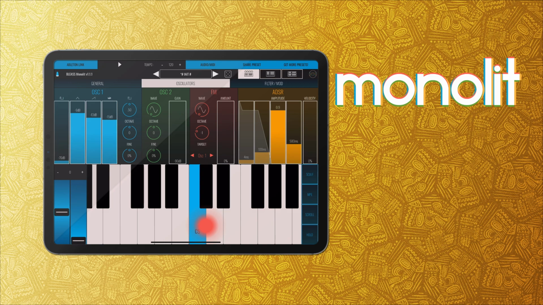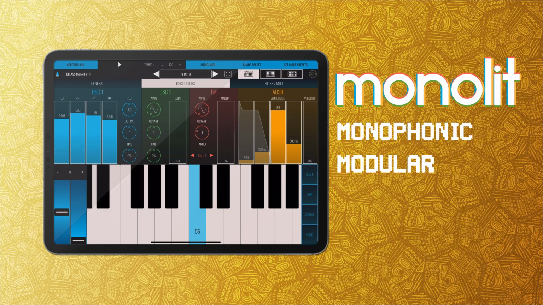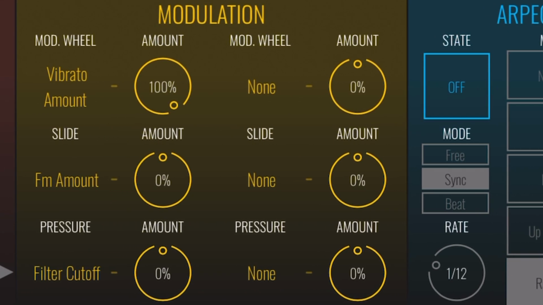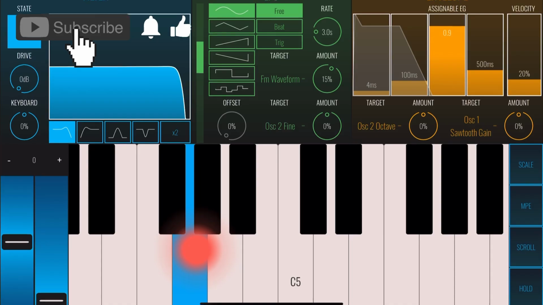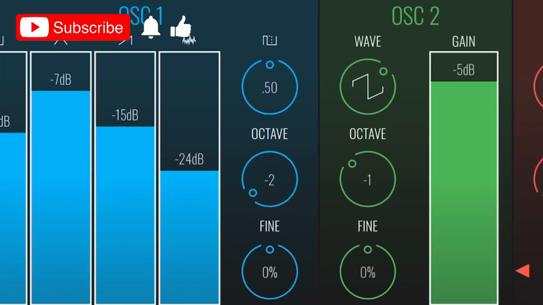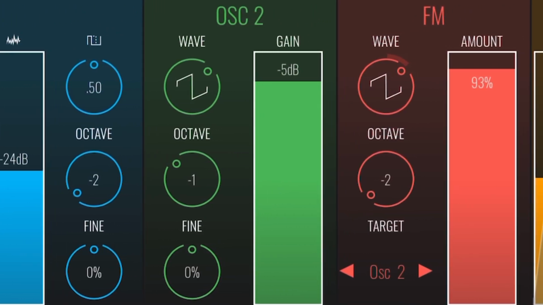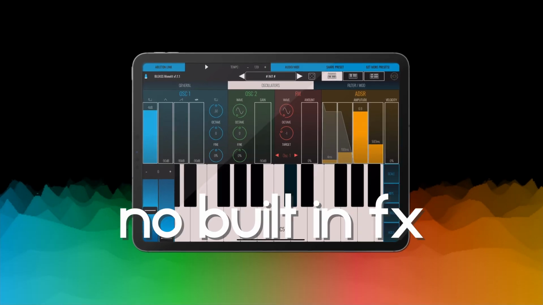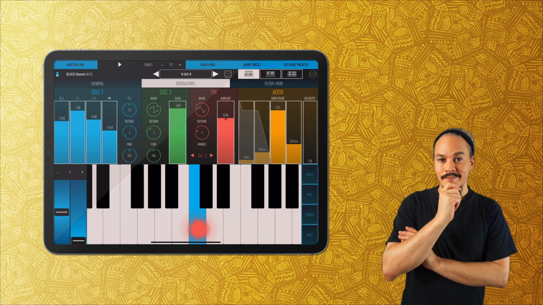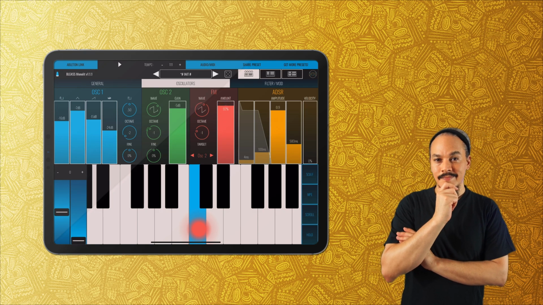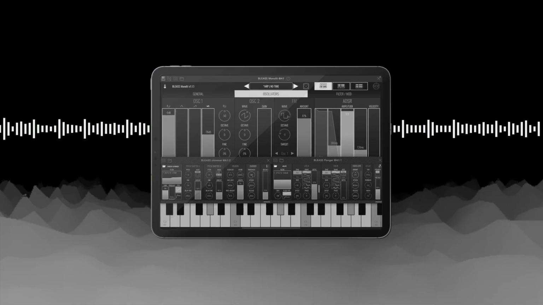So what is Monolit? Well, it is a monophonic subtractive synthesizer with an added FM synthesis option. It's a very powerful synthesizer, and you can make almost any type of sounds with it. Bass, leads, brass, drum sounds, weird FX sounds, very much thanks to the FM synthesis. However, it's hard to make pads because, well, it's a monophonic synth and it doesn't have any built-in effects. And that's the only drawback with it. But, you know, it's a free synth. I'm not gonna complain. And you know, with a bit of external effects added,